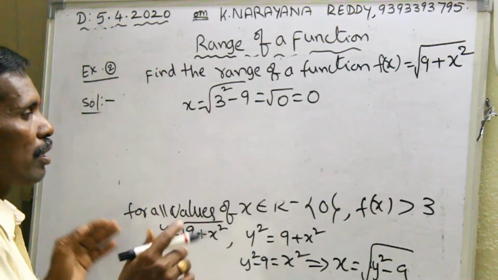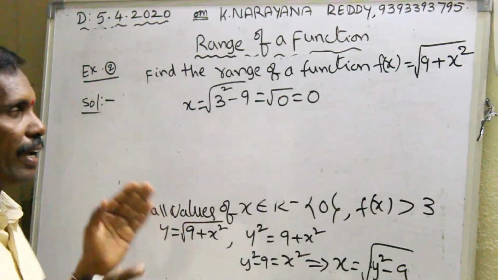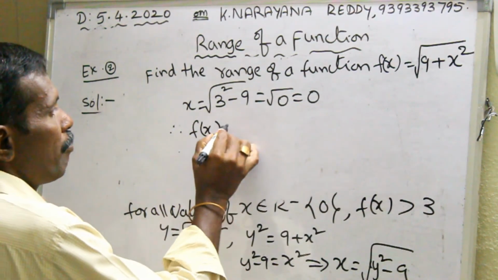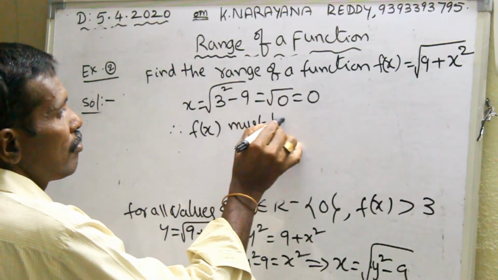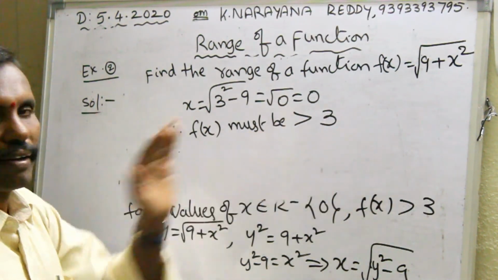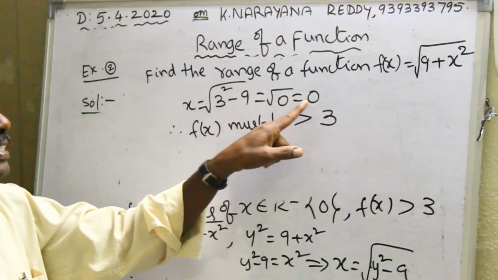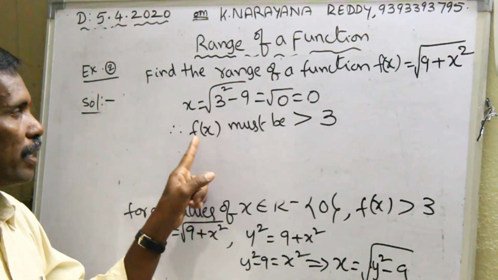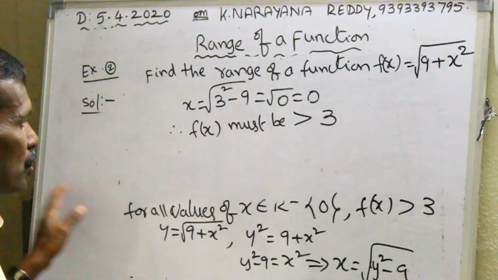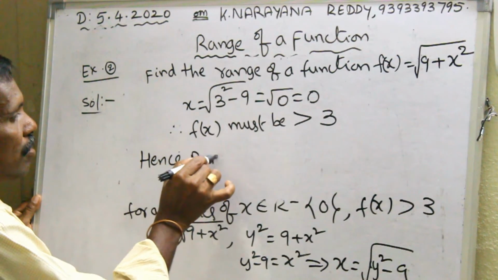So now f of x must be greater than 3. Therefore f of x must be greater than 3. That is the important point you have to remember here. Why? Because whenever you substitute the value 3 in the place of y, you get 0. So that value must be greater than 3. Hence range equals